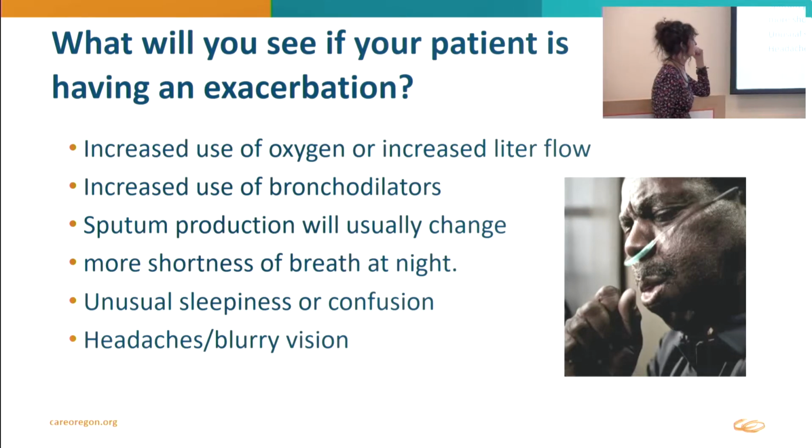So the things that people will do when they have an exacerbation are turning up their oxygen. So if the patient already has oxygen,